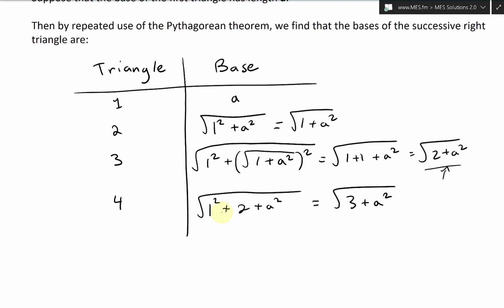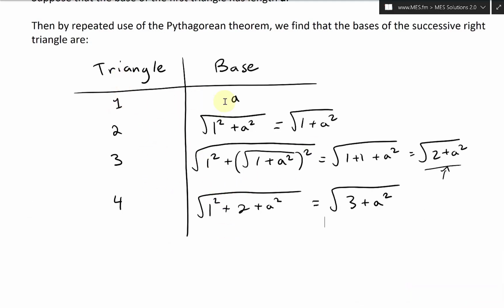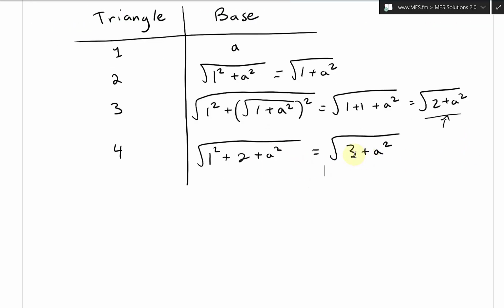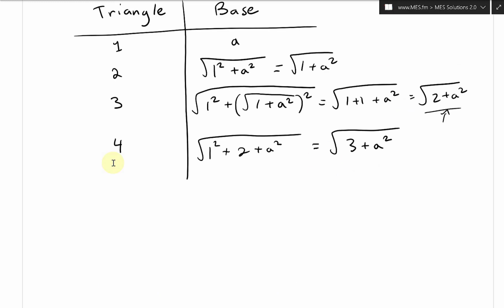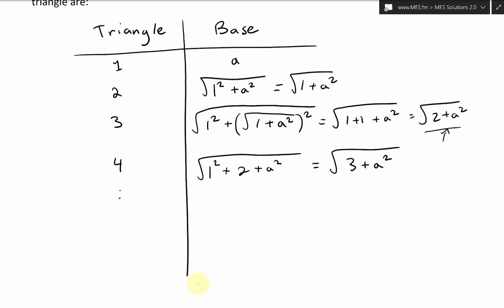So you can see the pattern now. The first triangle base is A. The second is the square root of 1 plus A squared. The third is the square root of 2 plus A squared, and the fourth has a 3. So there's 1, 2, 3, and so on. And if we continue all the way down, dot, dot, dot, all the way to n, we get